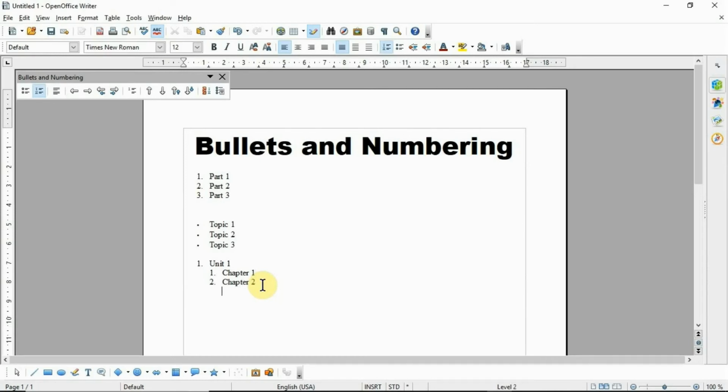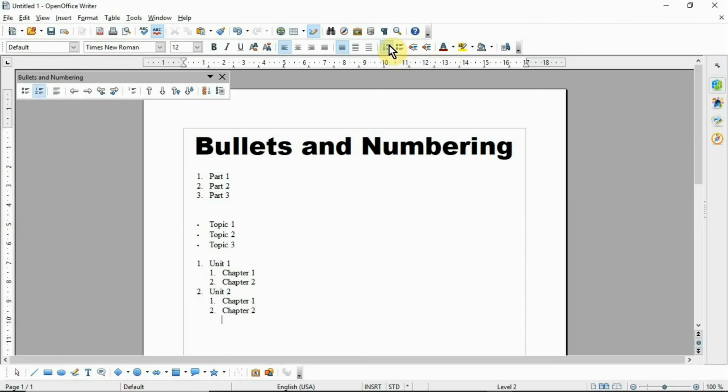In this unit only 2 chapters, then press the backspace key, then click again the numbered list button and then type unit 2. Press the enter key and then press the tab key and type chapter 1 and then press the enter key and type chapter 2.